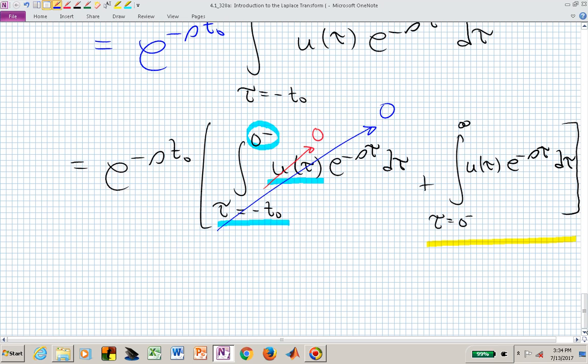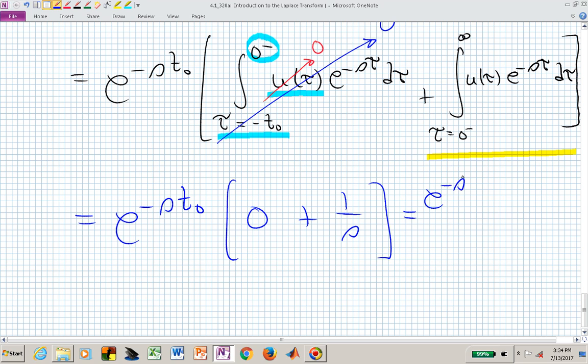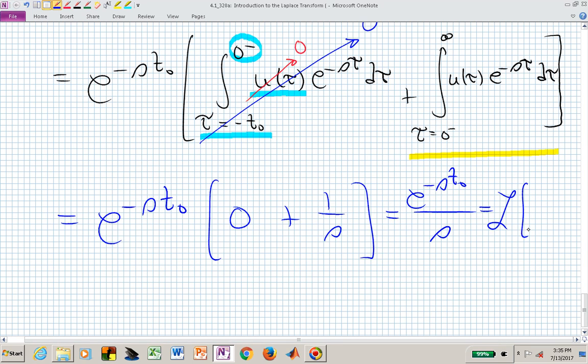Now we can write down the answer. Essentially, we have e to the minus s t naught. T naught is fixed. S is this complex frequency variable. In square brackets, we have 0 plus, and we already have evaluated what's highlighted in yellow. That ended up just being 1 over s. That's just the Laplace transform of a classic unit step. Or we now have the Laplace transform of a delayed unit step is now e to the minus s t naught over s. That's now the Laplace transform of